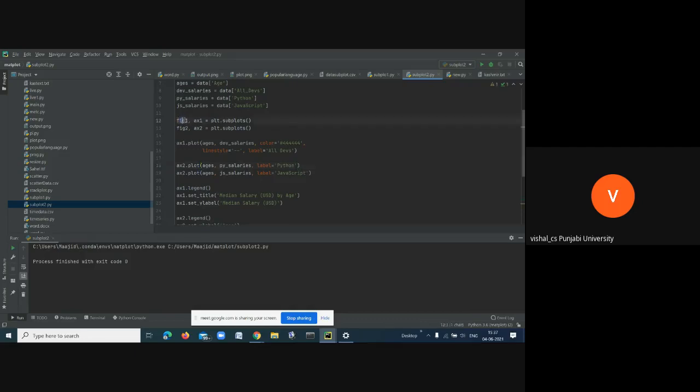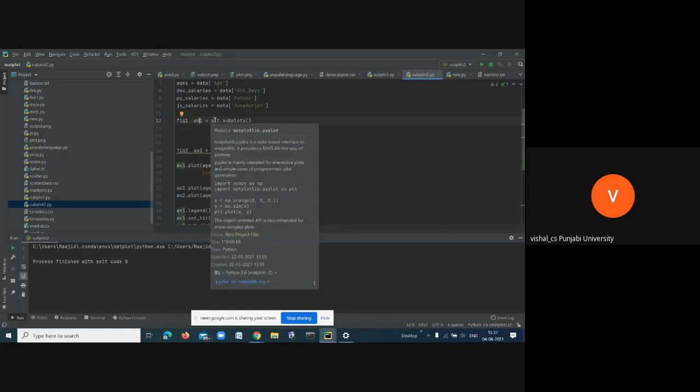Everybody, see what I am doing here. I am creating an object fig1, this is for the figure, and this is for the axis. Now you can see I am using plt.subplots here without any arguments. What it is doing is creating a figure, and in that figure creating one axis, only one plot. Axis is actually a plot.